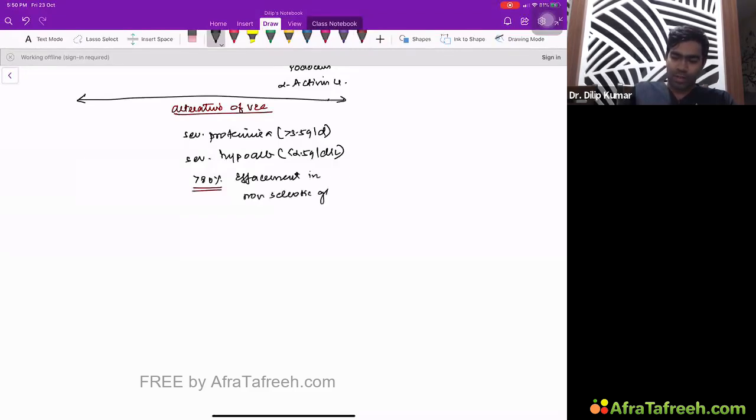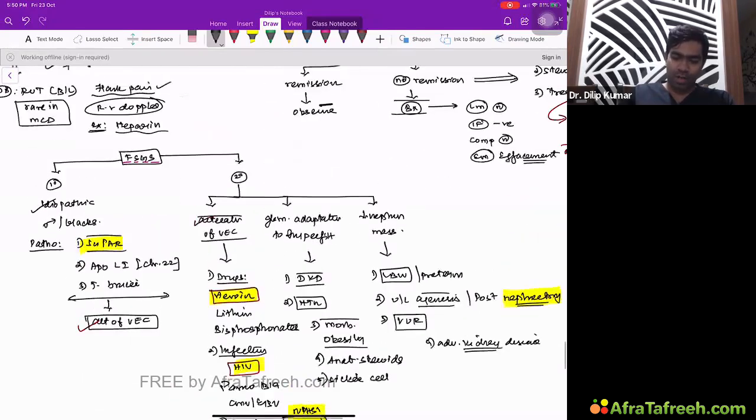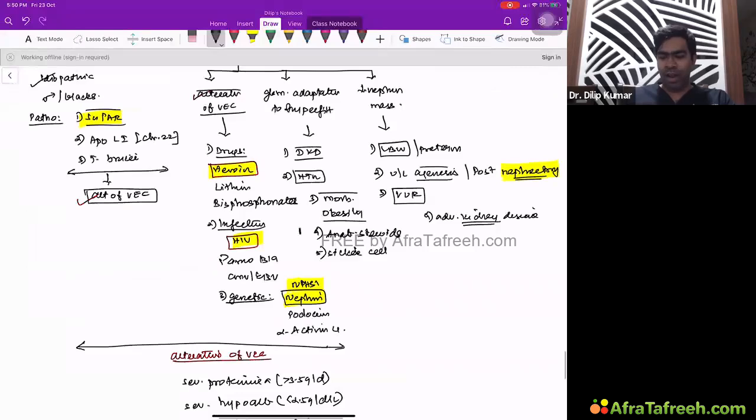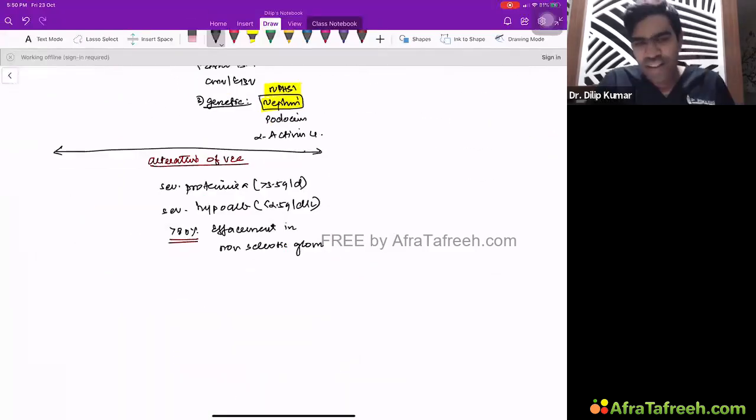Non-sclerotic glomerulus. Remember, if you see a sclerotic glomerulus, I told you it's FSGS. FSGS means focal segmental glomerulosclerosis, which means only less than 50% of the glomeruli will be affected. In that affected glomeruli, definitely there will be effacement of foot process of podocyte. There's no fun in seeing that. But if you see a non-sclerotic glomerulus in electron microscopy, even that will show more than 80% effacement of foot process of